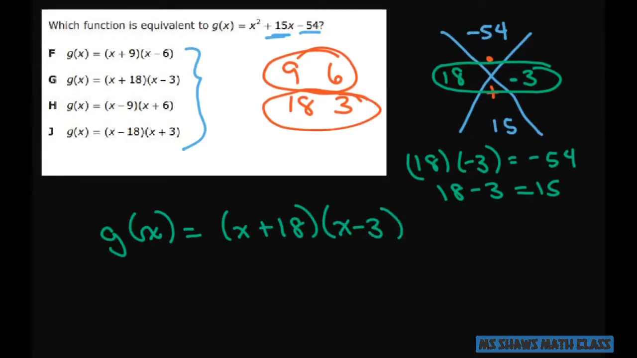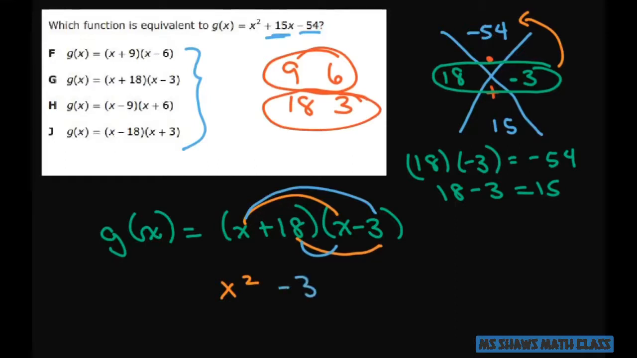And again, you could have just looked. We know that our last term is 18 times negative 3, which is what we did and got negative 54. And then for our middle term, we already know that this is x squared. So your middle term is actually your outer combined with your inner. So your outer is negative 3x. Your inner is plus 18x. And that gives you your 15x. And of course, we already knew that the last term worked. So that gives you your